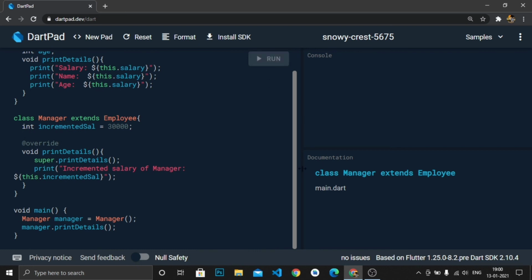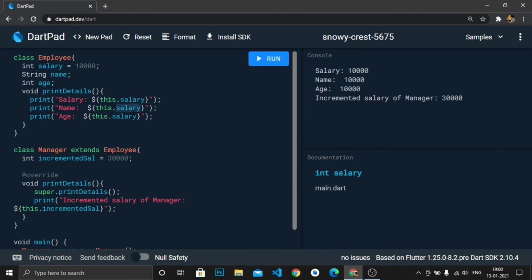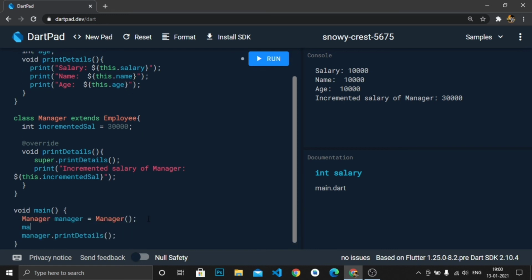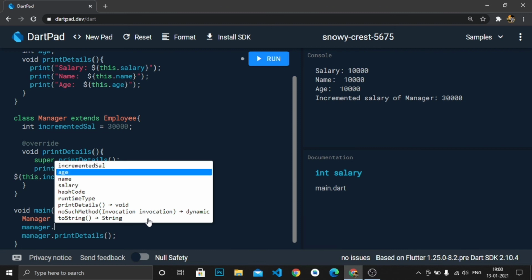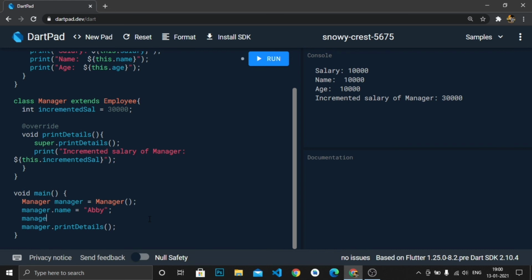Now let's run this code and see what we get as an output. Yeah, exactly. Oh, sorry. Everywhere 10,000, 10,000, 10,000 is printed because we are printing salary everywhere. So let us change here name, then age, and let's assign some name and age. manager.name is equal to Abby, and manager.age is equal to 20.